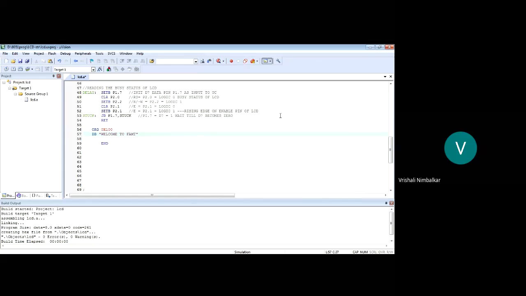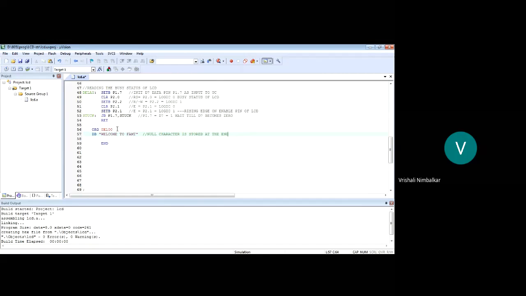And by default, one more character will be stored at 10F, and that is the null character. I'm just writing it as a comment. Whatever you enter into double quotes, that string is saved, and at the same time, by default, a null character is stored at the end.